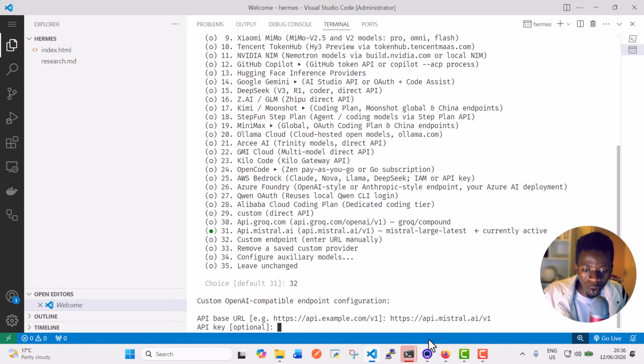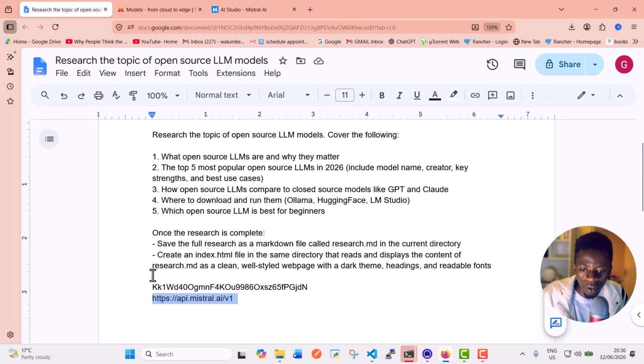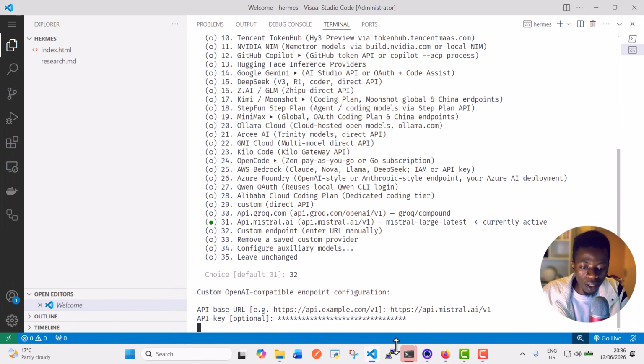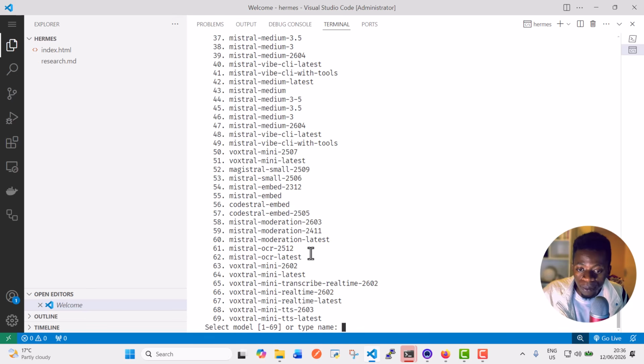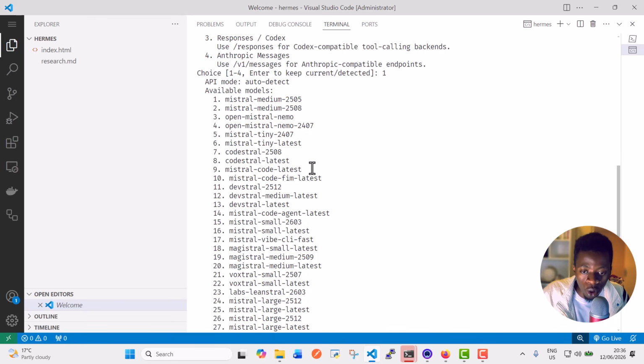And then it is also going to ask you for the API key, and this is optional, but since we want it to work from the get-go, I'm going to copy my API key and then paste it, and we're going to press enter. And right here it says select the API compatibility mode. I'm going to select auto detect, and then it is going to ask you to select the modules that you